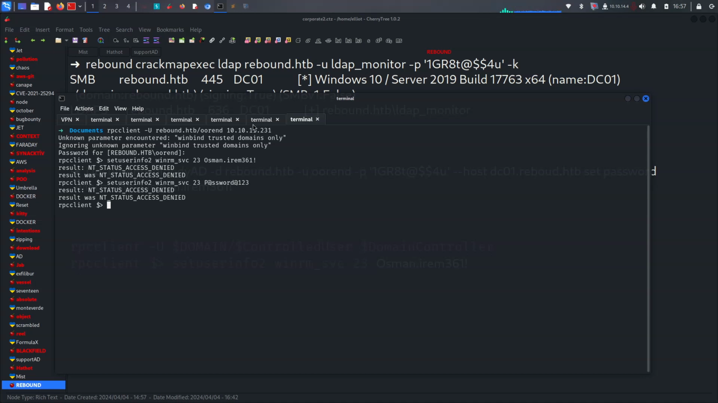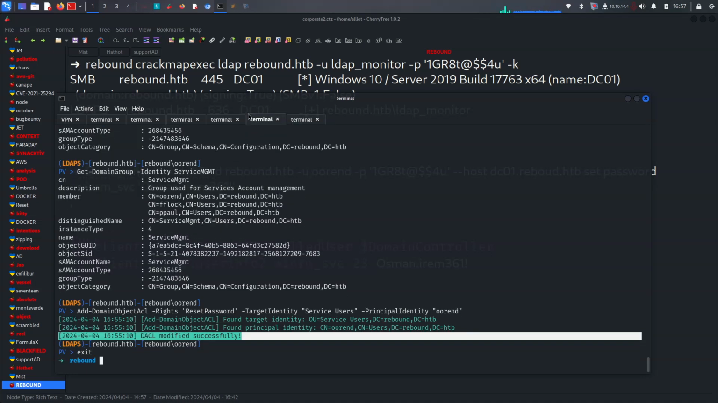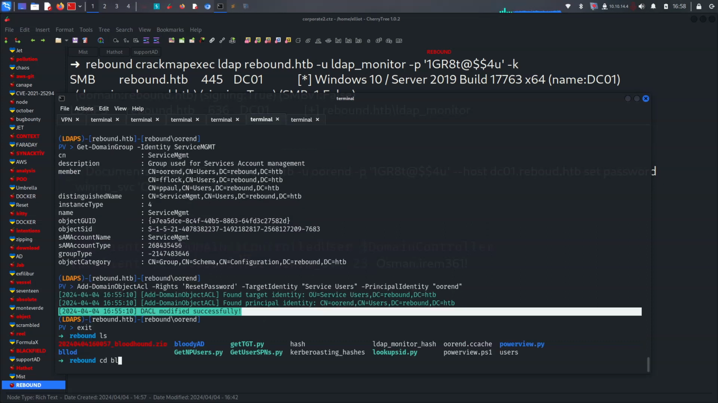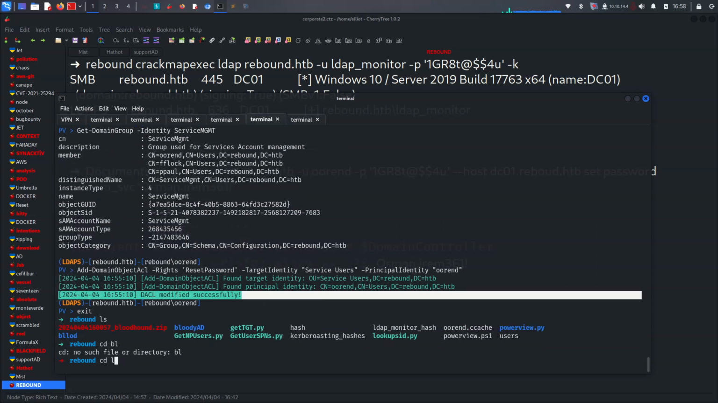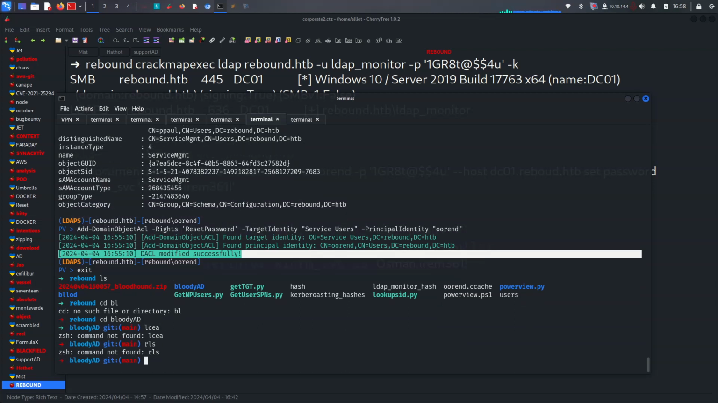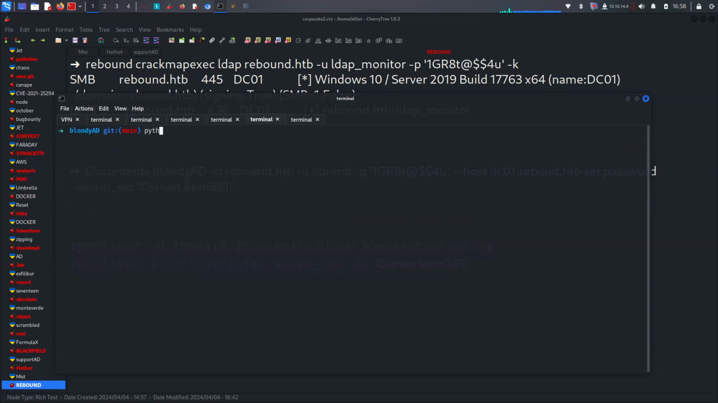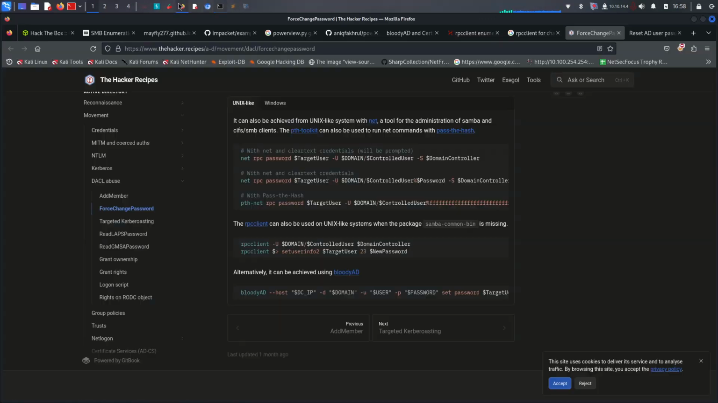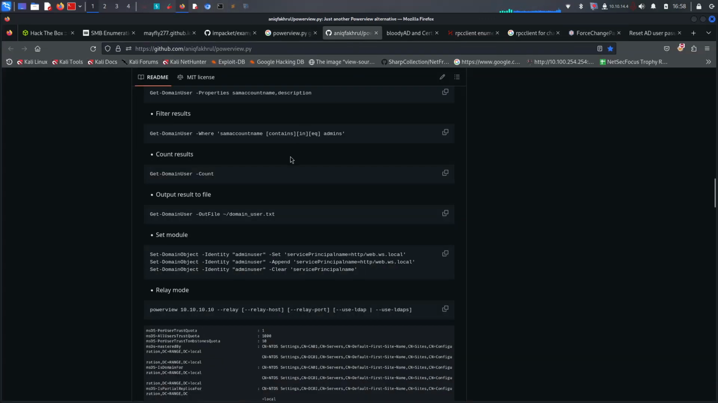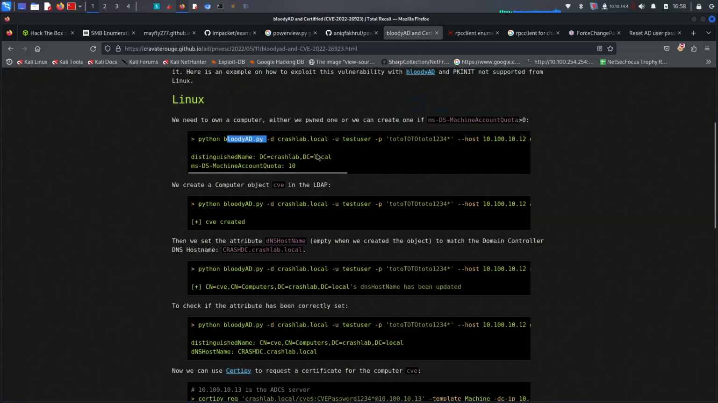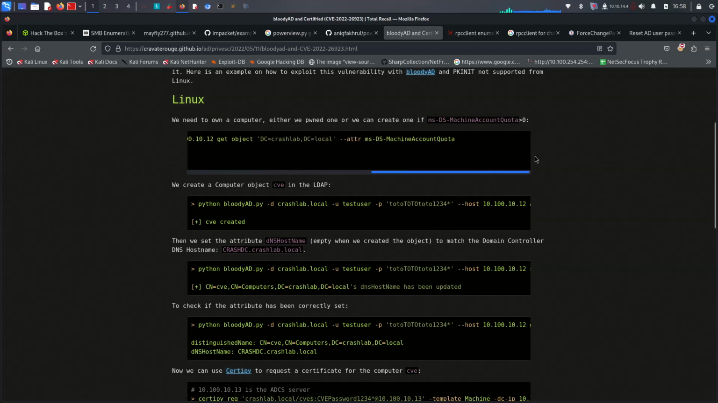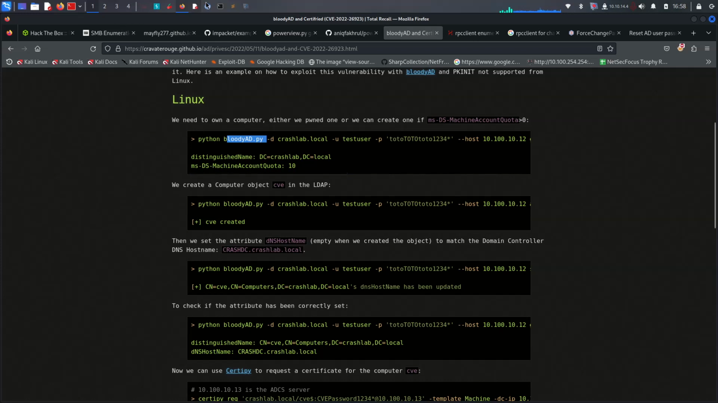BloodyAD here, right? So we've actually run this before, but let's do this again. I think we are now okay. So on Linux, we need to be on a computer. So maybe it's like that. So let's say Python 3